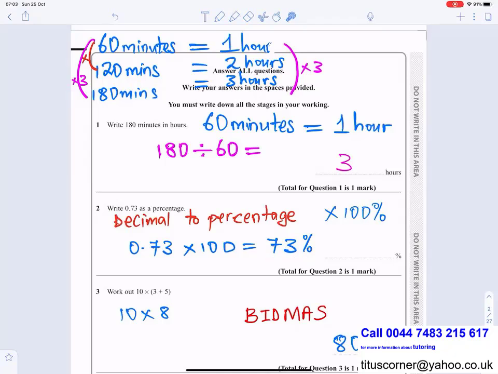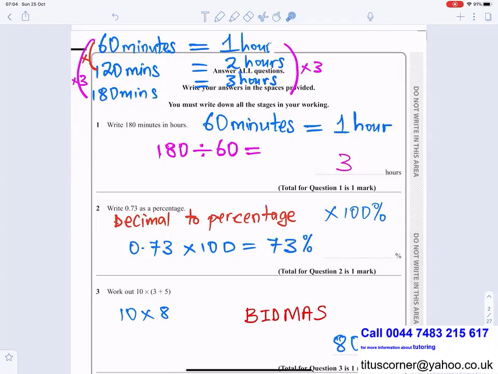Question number 3. Work out 10 times brackets 3 plus 5. To do that, we use BIDMAS. Is there a bracket in it? Yes, we do the bracket first. So 3 plus 5 gives you 8. Is there indices? No. Is there divide? No. Is there multiply? Yes, we do the multiply next. So it's 10 times 8, and that gives you 80